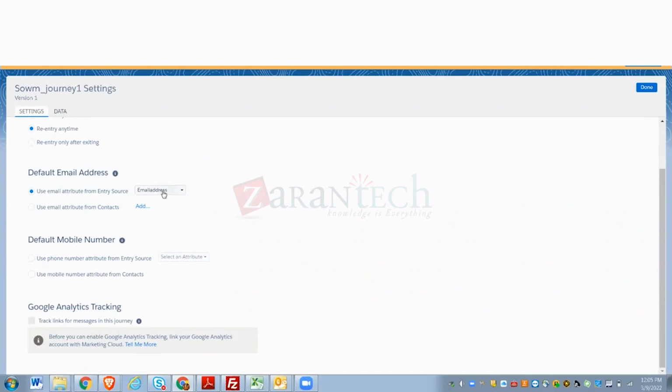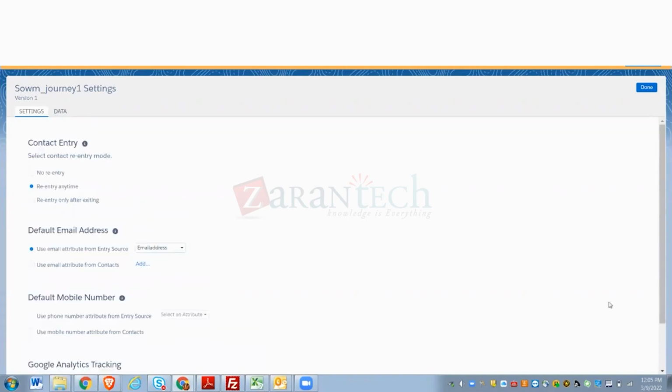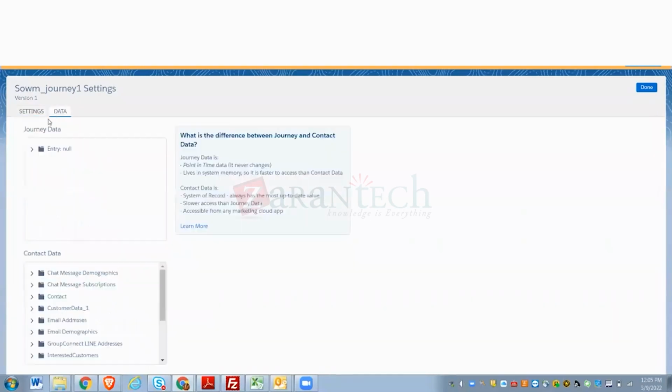Okay, we can use the email address as the attribute here, right, from entry source. Yes. Now leave everything as it is. It is asking which field in your data extension you want to consider as the email address field, and which field you want to consider as your mobile field. Suppose in your email you have multiple fields. We will see this data part